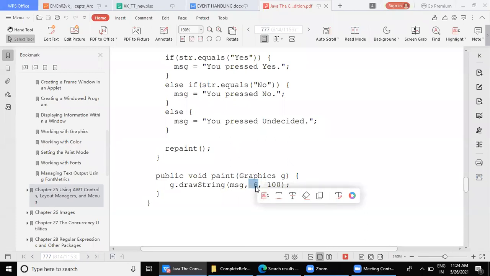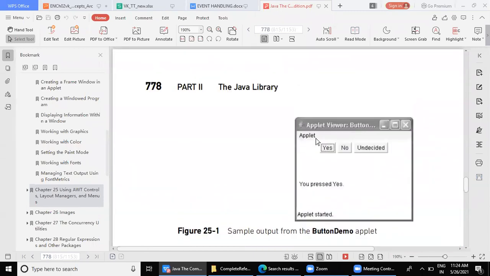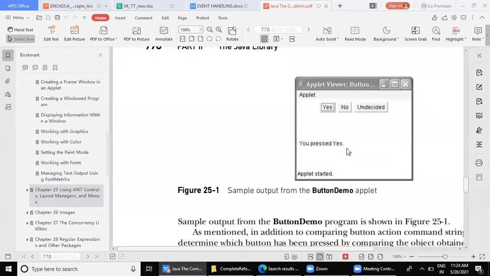From the left side I have taken 6 points, and from the top I have taken 100 points, and from there I am displaying this message. So you can see in the applet output, from the left it is 6, and from the top it is 100. So this is how our program works.